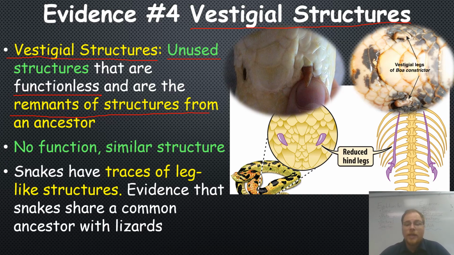If you look at the snakes right here on this slide, you see that these snakes have these little bitty kind of claws, and when you look at them in the skeleton view, they're actually connected to entire leg bones right here, and you still have that humerus, radius, and ulna, and the carpals too. So while they don't have any function, they still have a similar structure to their ancestors. And these traces of structures are probably evidence that they share some kind of relation with a common ancestor like